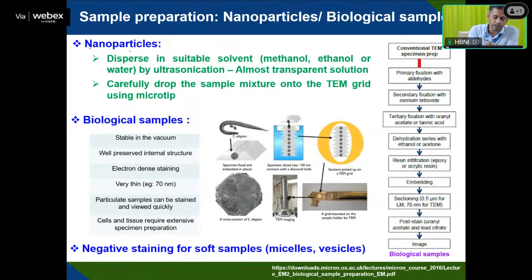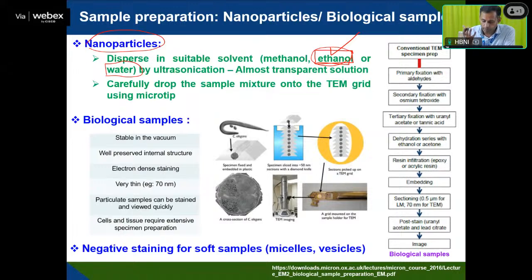But if you have a nanoparticle, you can simply disperse it in a suitable solvent. The best solvent is ethanol. You can also use water, but if you go to water, the evaporation will take a little longer time, so achieving vacuum will take more time. But if you take ethanol, that